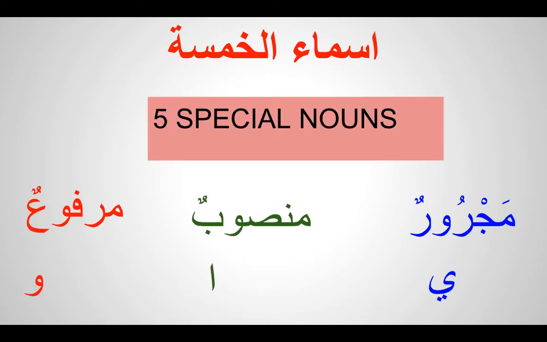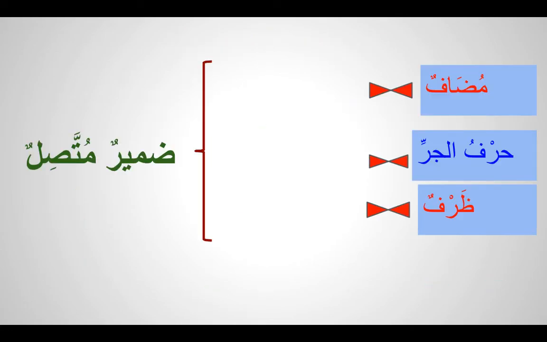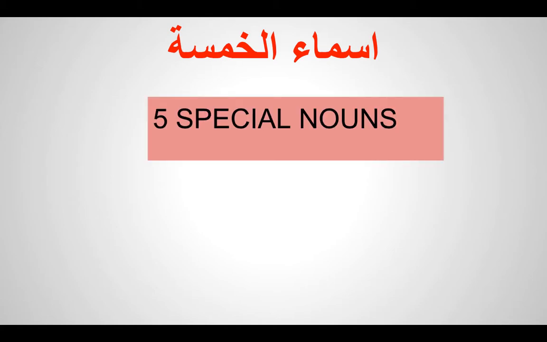So what is this asmaul khamsa? These are five nouns. Khamsa means five, asma means nouns, five nouns. Let me go to the back screen. Sorry. Yep. Asmaul khamsa. Why are these called five special nouns? Why they are called five special nouns is,